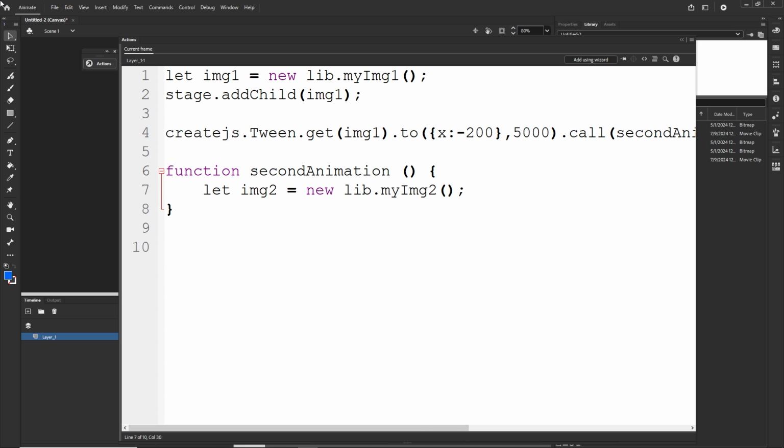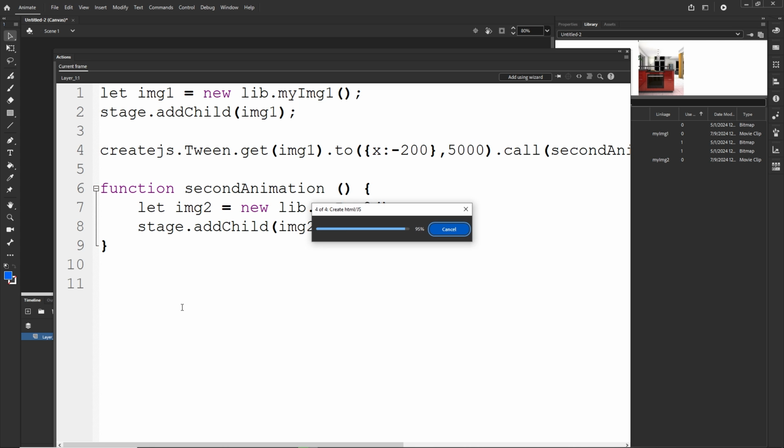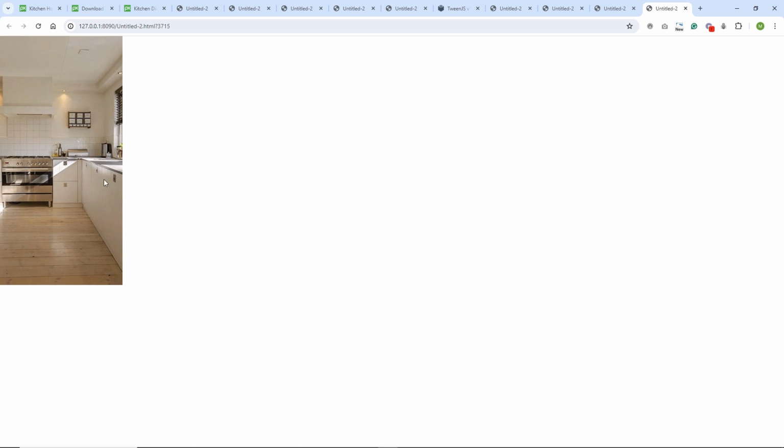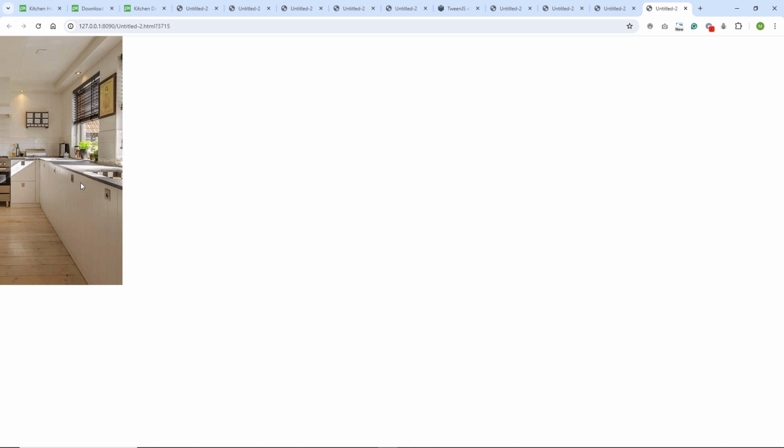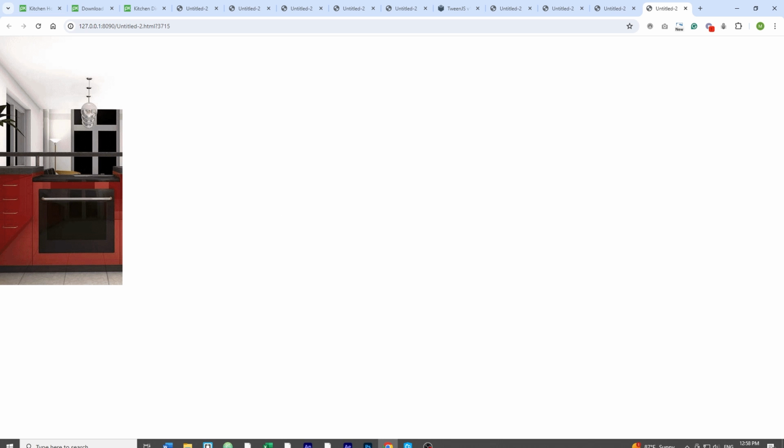Okay, this is just the same thing, but right now we have image number 2, so we are going to add image number 2, and we are going to store this in the variable which is image 2, and then we are going to copy this code again. So right now I'm going to have stage add child image number 2. Okay, so right now what is going to happen is I can go with Control Enter, and we are going to have the first image animating,